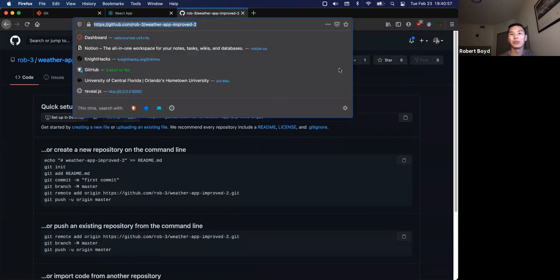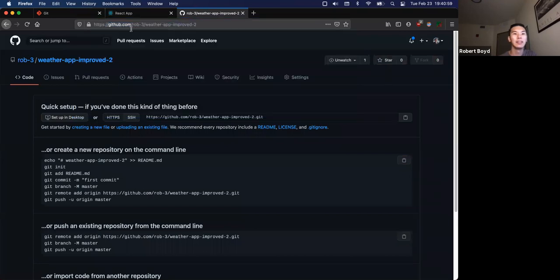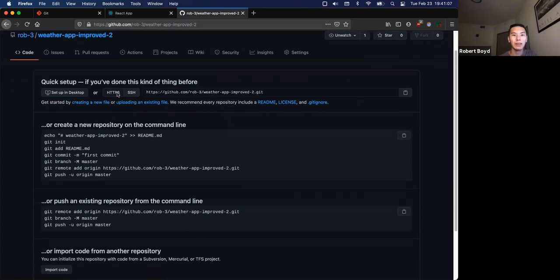So your repositories will always be at this link. It'll always be at github.com/your username/whatever your project name is called. So that's a handy thing to know. That's also going to be the link that we are able to grab this from. So if you go here and grab this, copy this link here,